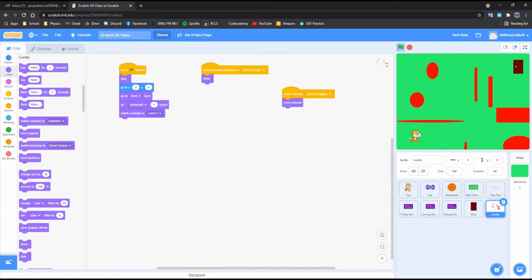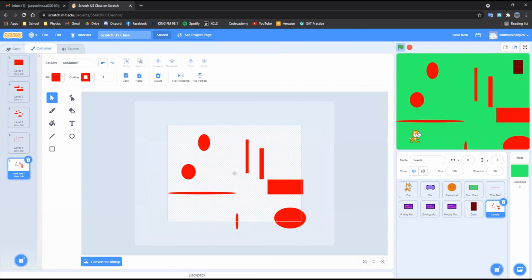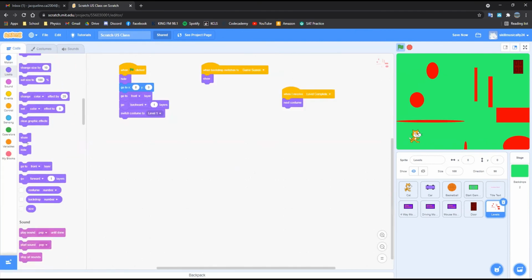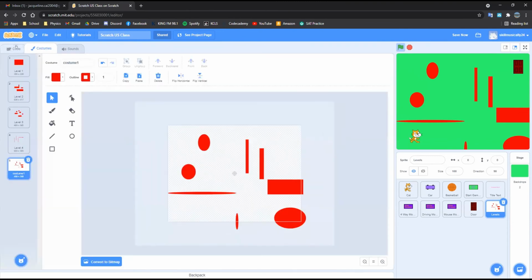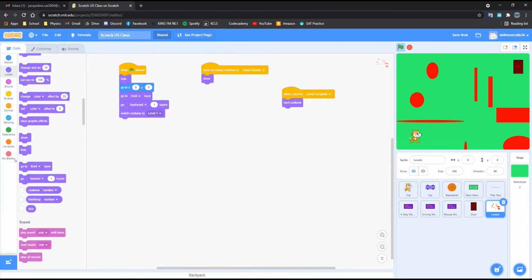Okay, so after I reach the door over here, I don't want this to go back to level 1, because I don't want to do the entire maze again. Like I showed you before with these different costume numbers, you can actually access the number of costumes that you have by going to the very bottom of Looks, where you'll see this bubble that says costume number. And what you want to do is